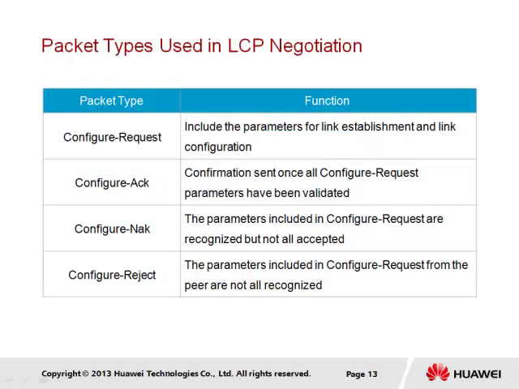We will firstly take a closer look at the typical packet types that are generally referenced in the code field of the LCP packet. We list the first 4 packet types supported within the LCP packet here. That includes a configure request packet for requesting link establishment, configure ACK for approving the sent request, configure NACK for rejecting the request based on certain parameters in the data being recognized but not being accepted, and configure reject, which is when the parameters are not recognized.